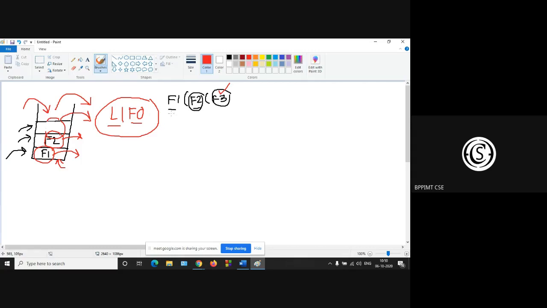This particular f1 which contains f2, actually this stack is very important for any system call, which contains several inbuilt functions. These stacks are used for recursive functions.